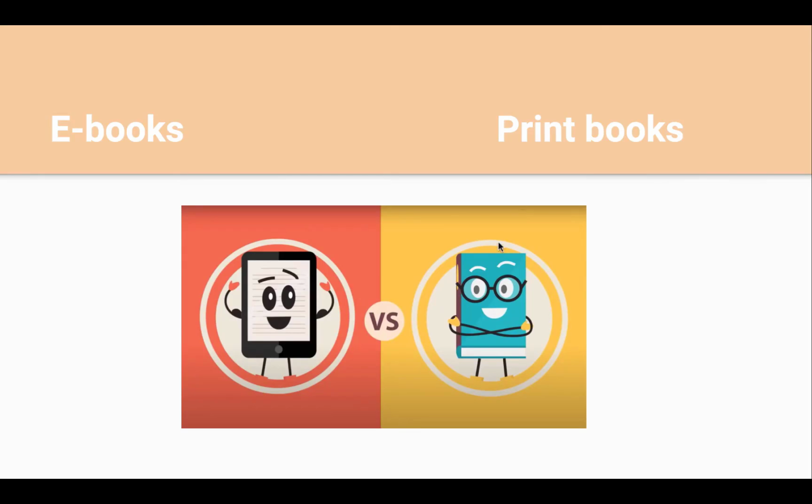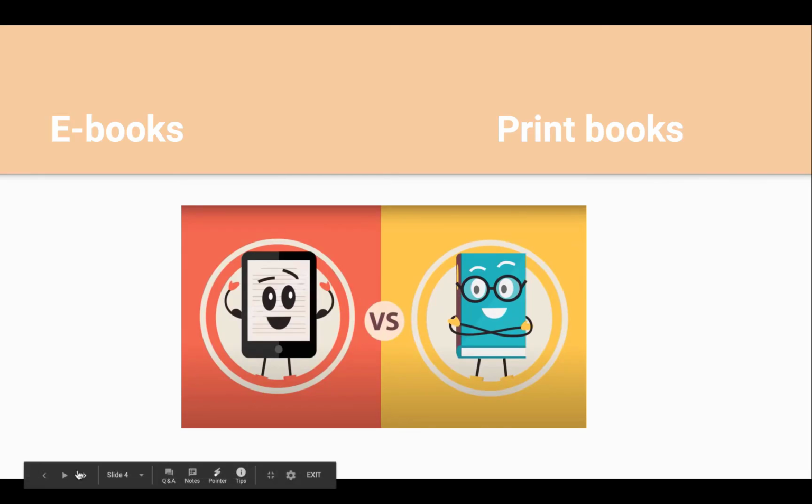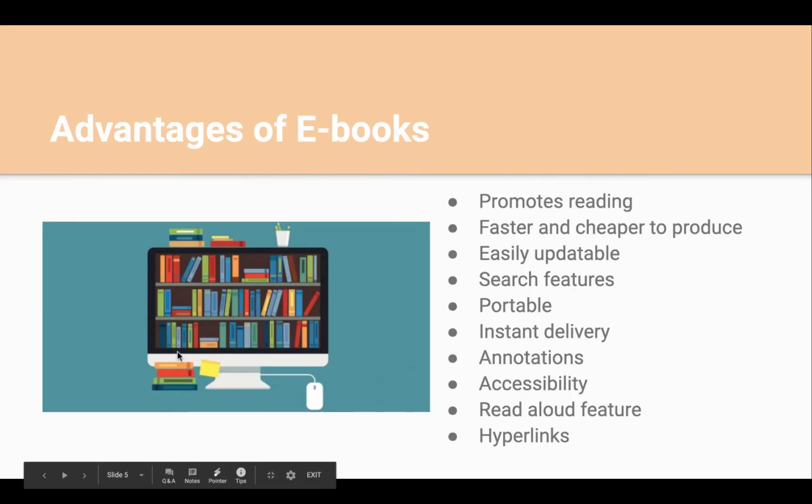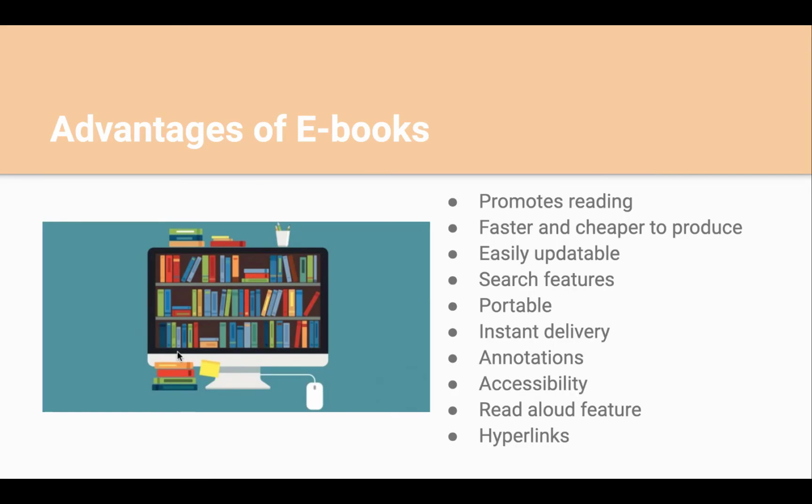So some of the advantages of ebooks: it promotes reading because it's accessible. People spend more time on their screens than on paper nowadays, so it's a lot easier for them to pick up a book if it's just on their phone. They're faster and cheaper to produce, they're easily updatable, they come with search features,